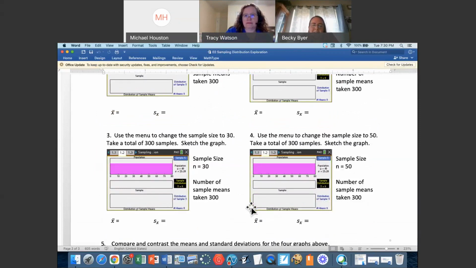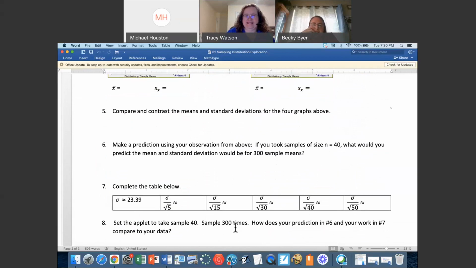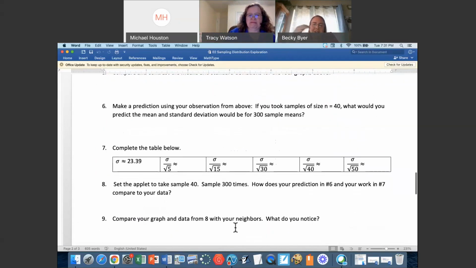And then it's really kind of funny because when Tracy scrolls down here, you're going to notice that the formula is on the page, and I'm asking the kids usually, so how do you think we're going to calculate this? And they don't jump ahead. I don't know why they don't jump ahead to get to the punchline. But then at the bottom, it does show them theoretically how to get the standard deviation, and then they will compare that to what they've got and see if it kind of looks like they're approximately the same values. And so if you have a class that has that student, here's where having the Word version of this document will be handy. Maybe cover that up. I don't always have that student, but sometimes I do.